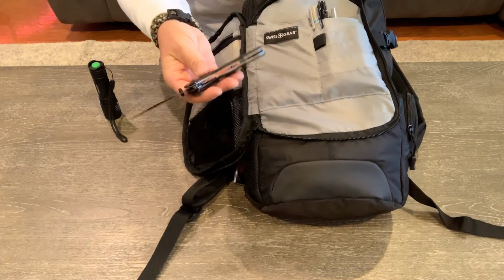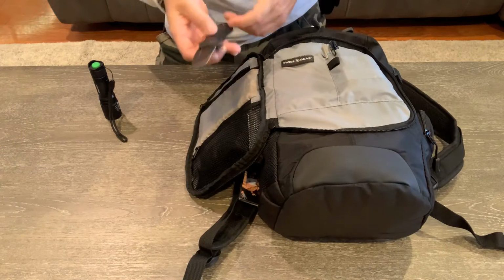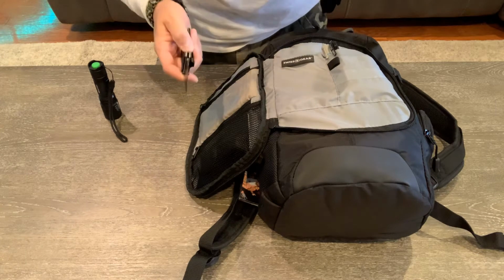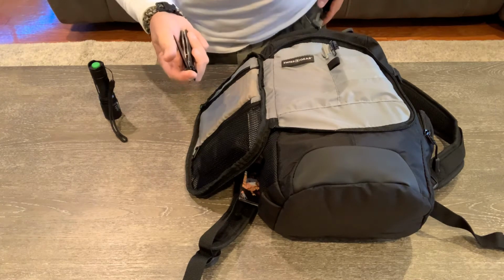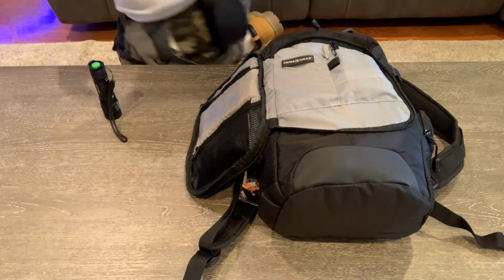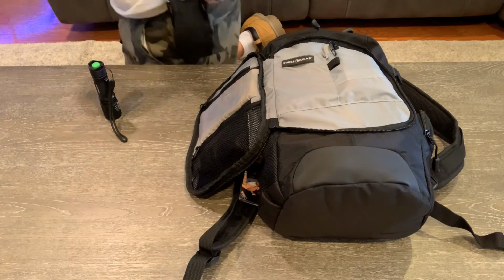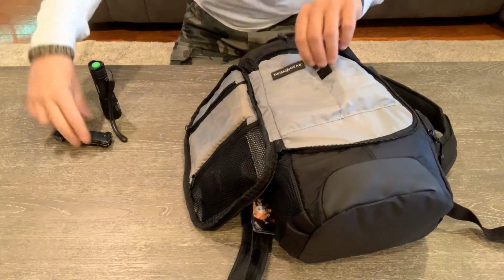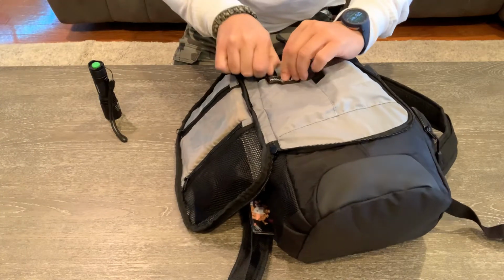I don't really carry it on my person only because it's big. I have a Smith & Wesson M&P Shield knife that I carry inside my hip EDC bag, which is right there, which I did a review on already for you guys. All right, so we have that. And what else do we have in here? We also have